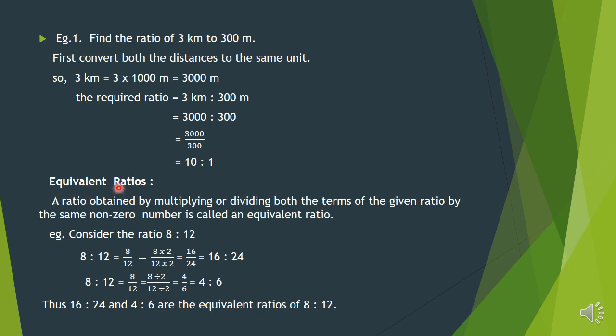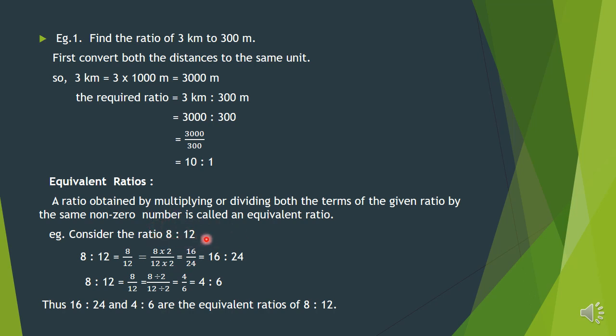Now next point is equivalent ratios. What is the definition of equivalent ratios? A ratio obtained by multiplying or dividing both the terms of the given ratio by the same non-zero number is called an equivalent ratio. Suppose, children, we may learn this point by an example. Consider the ratio 8:12. So we have to get equivalent ratio. For this, what we have learned here, we have to multiply both terms by the same number, or